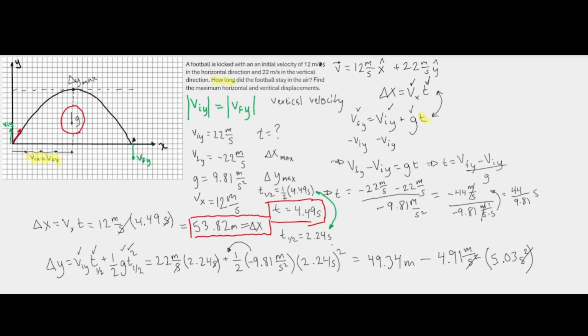So this then becomes, we have 49.34 meters minus 24.67 meters. And then the last step, we just do this subtraction, and the final value is